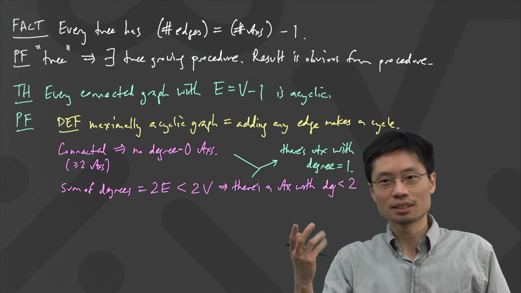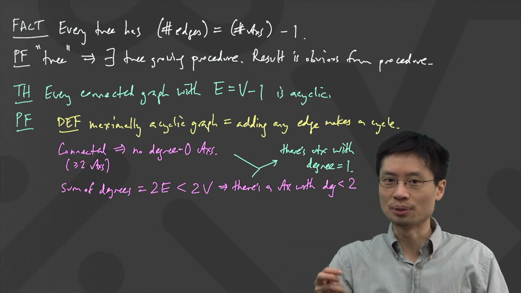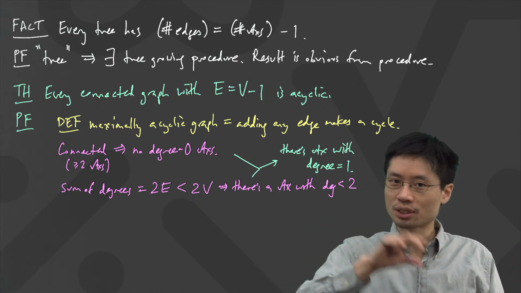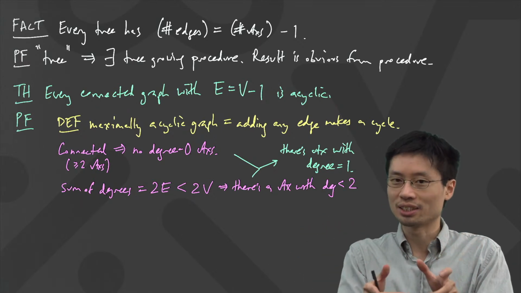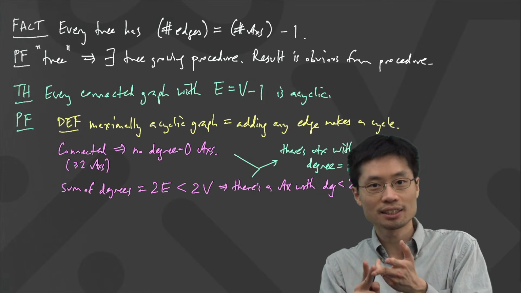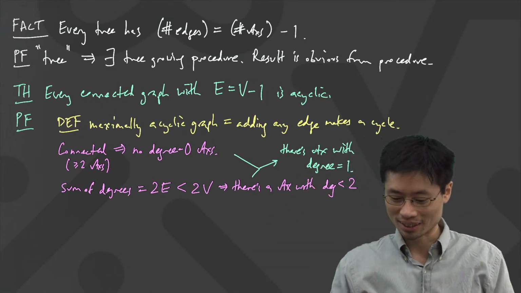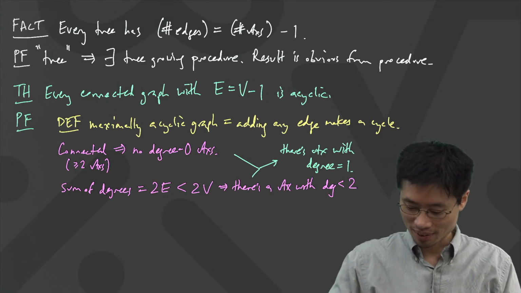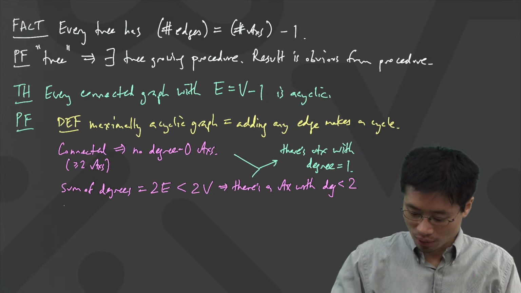So I'm showing there's lots of different ways to do this. The way graph theory works, there are multiple different proofs. Today is a whole lot of concepts that end up being very related to each other: connectedness, acyclicness, and the number of edges being right, and then this leaf business, okay? So here's another way. These are all different angles that you could try to use. Another angle is, or,